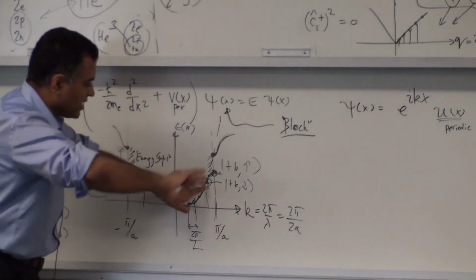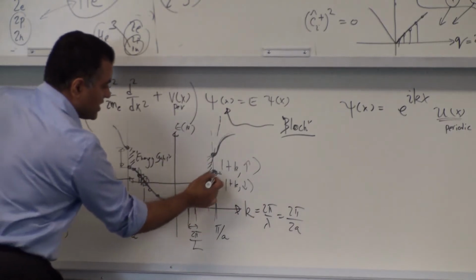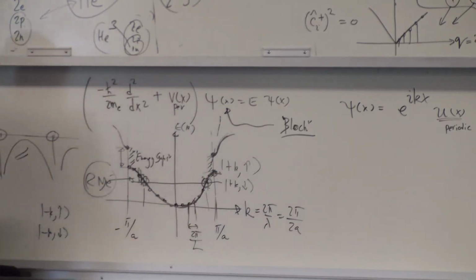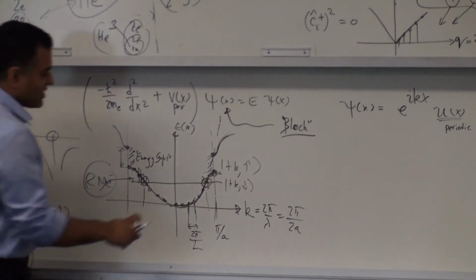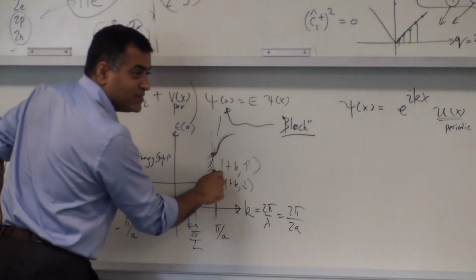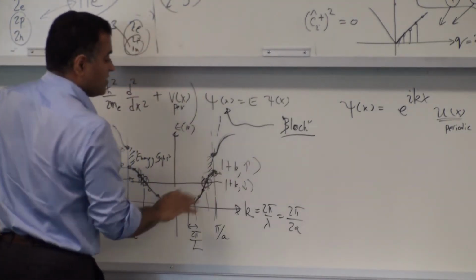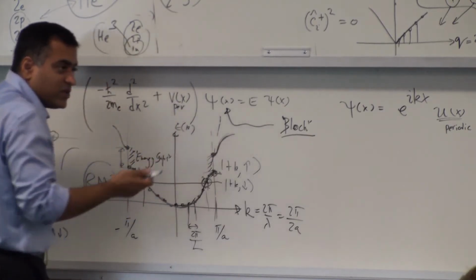It's just saying that I want to capture the motion. If I want to write it as h squared k squared by 2m, or its kinetic energy as half mv squared, it's the same as half mv squared. H bar k is the momentum, right? Then the mass effect, it looks like it's a little heavier now, right? If it's curving this way, or lighter, depending upon how it goes, right?